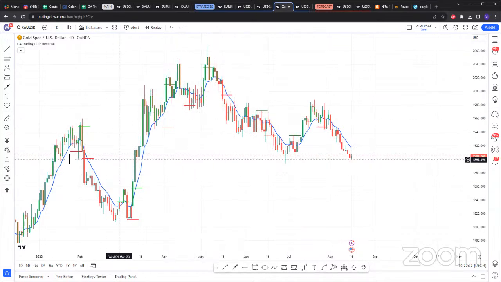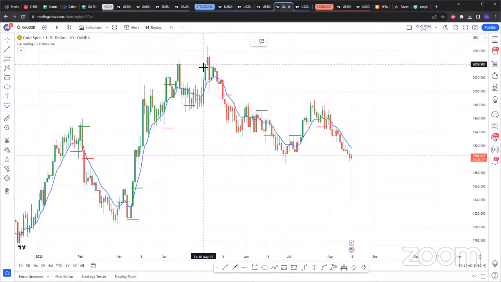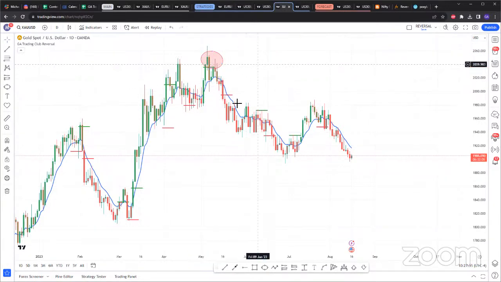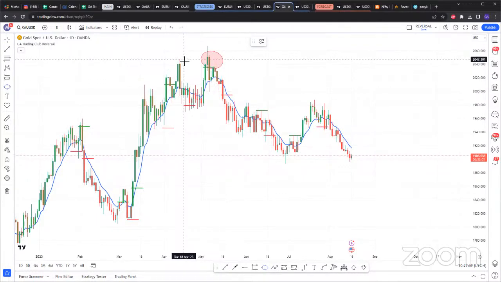So the only time during this year that this strategy, if you're playing with a bot, could have maybe got you in drawdown or hit your daily limit is this zone right here. When gold closed above this zone, technically right here, you should have been doing buys only until you got the next sell. So right here, you could have experienced some drawdown. The only other time you could have experienced drawdown was here, this one.